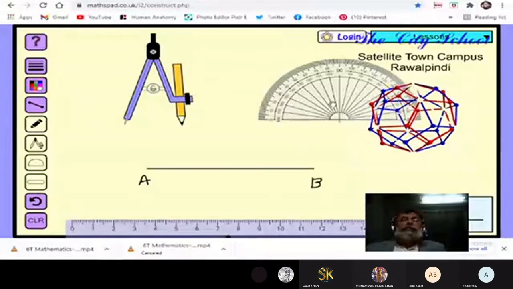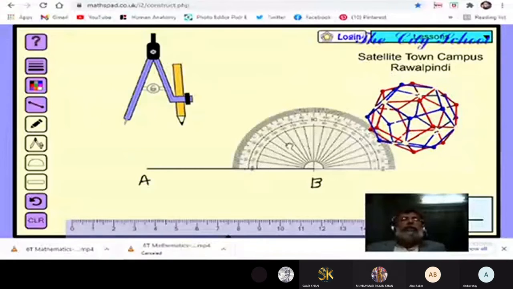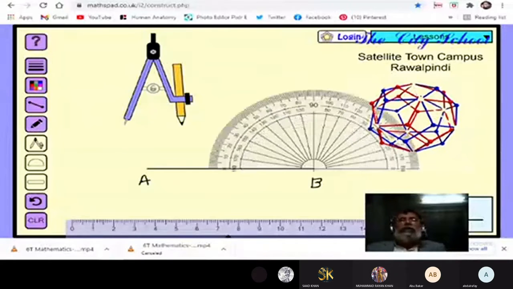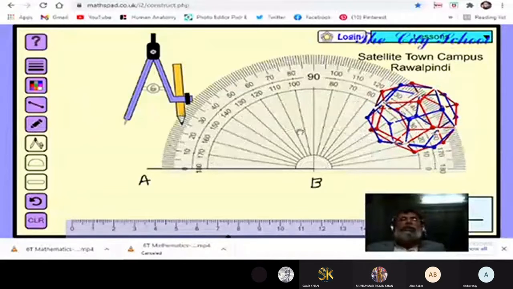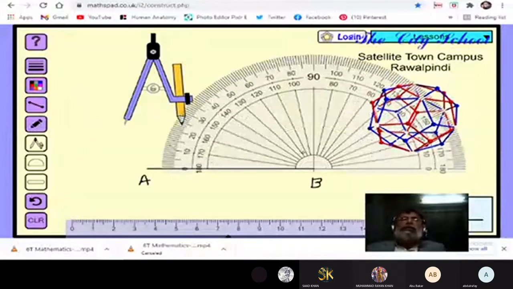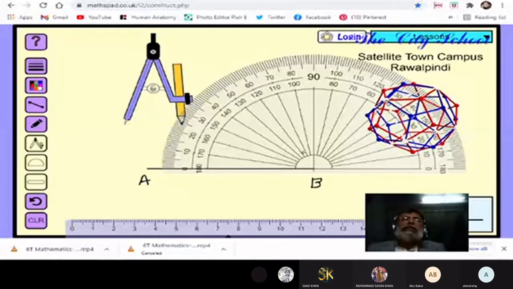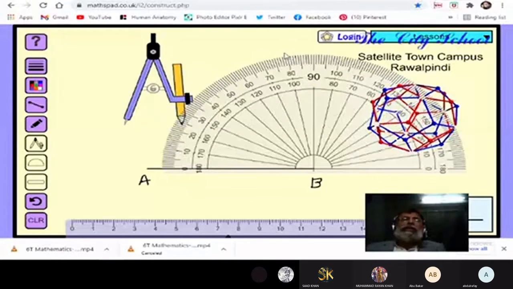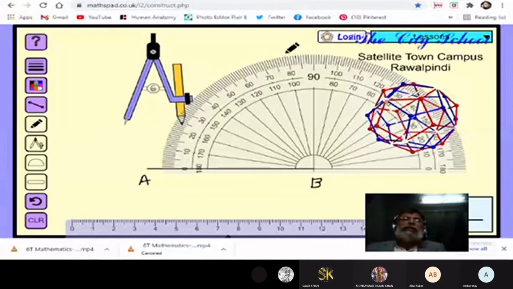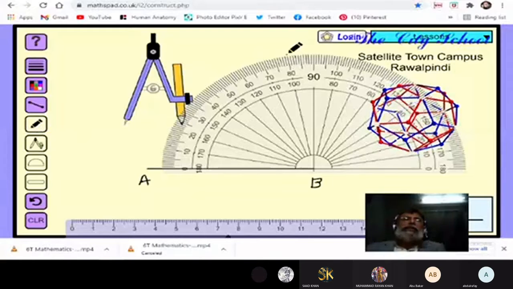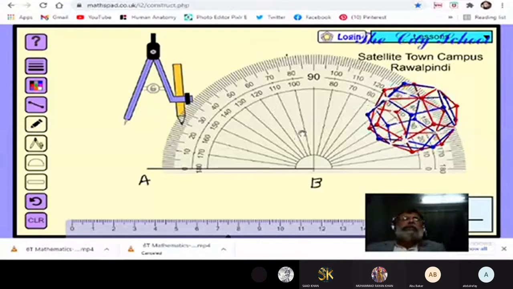At B we will be drawing an angle of 80 degree. So first of all, where the 80 degree should be, you can see now 80 degrees here. तो 80 डिग्री के ऊपर हम पॉइंट लगा देते हैं। ये हमने 80 डिग्री के ऊपर हमने एक पॉइंट लगा दिया। दिस इज अ पॉइंट वेयर वी हैव एट 80 डिग्री। 80 डिग्री पे एक पॉइंट लगा दिया। एक पॉइंट को थोड़ा सा हम डार्क कर देते हैं।